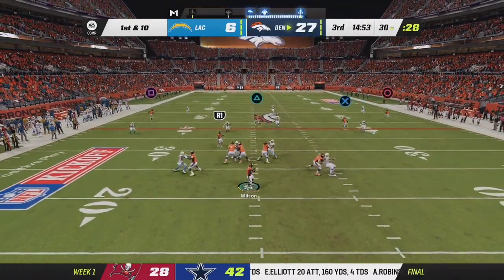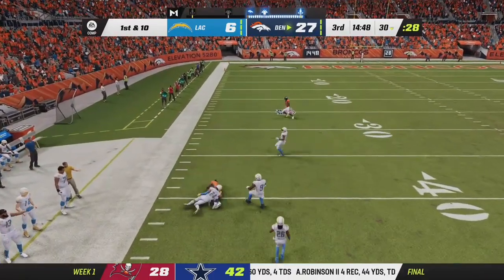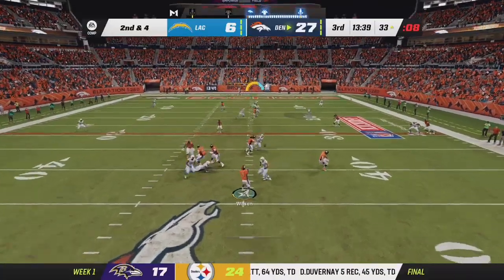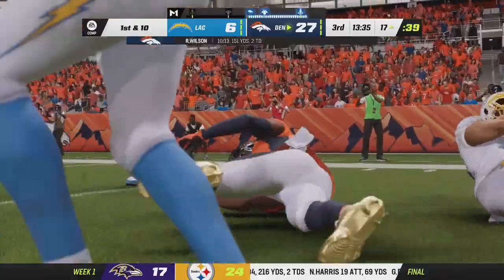Wilson. Open man there is Cleveland. And he has a big game. He keeps him out of it where all the big boys are, make someone miss in the open field. Wilson's throw taken in by Sutton. And they eventually get to